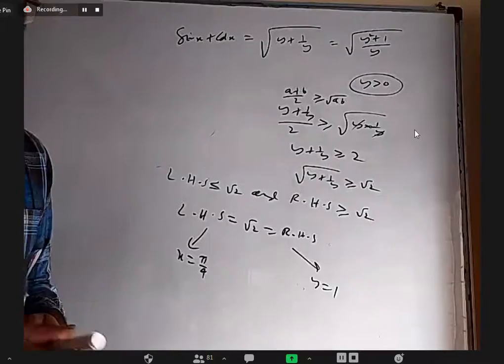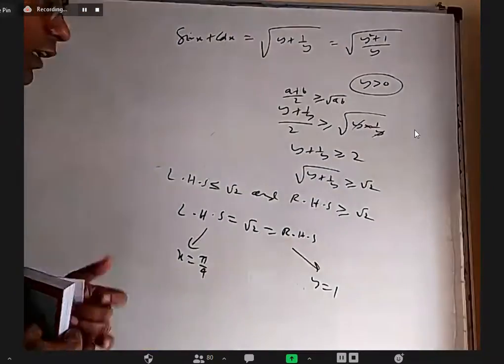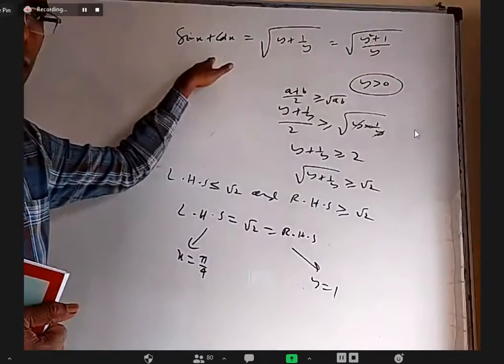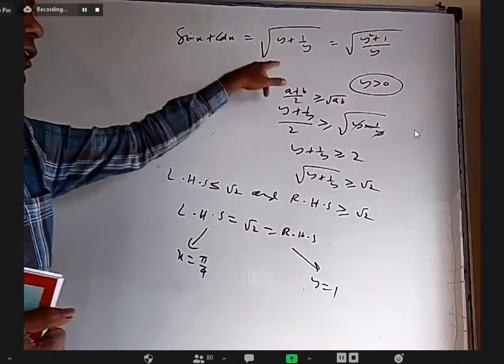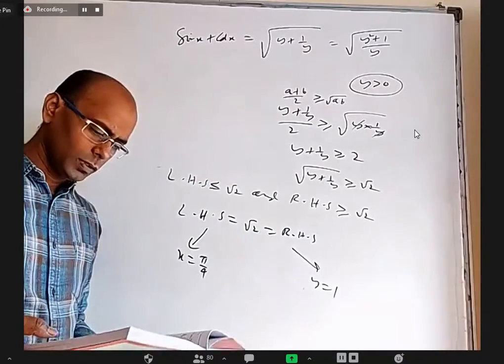Okay, so please understand this is also a question based on extreme values. You have to find the LHS range, the RHS range, and understand that only when they are root 2 is there a chance. If this is more than root 2, it cannot attain that, and if this is less than root 2, it cannot attain that. Now we have to look at the options. Option A and C.